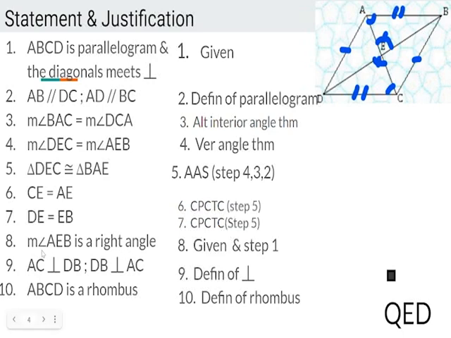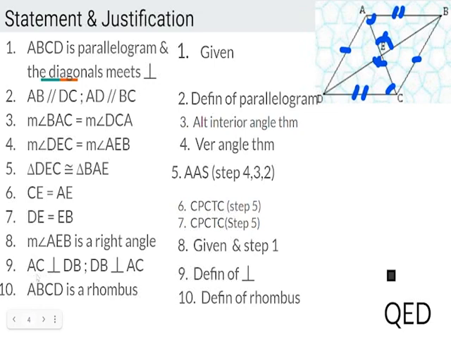Step 8, the measure of angle AEB is a right angle. Why? Because step 1 or the given, either or, makes sense because the diagonals meet perpendicular. Since they meet perpendicular, that means this has to be equal to a right angle, 90 degrees. Tilt this a little bit to the side, and you see it actually looks like a right angle. And then step 9 states